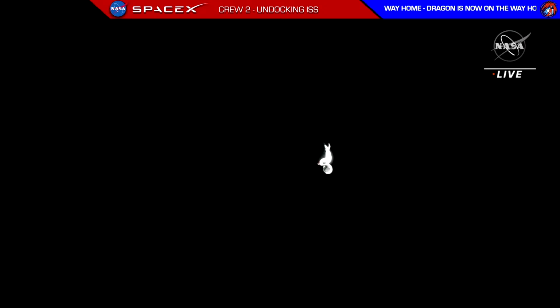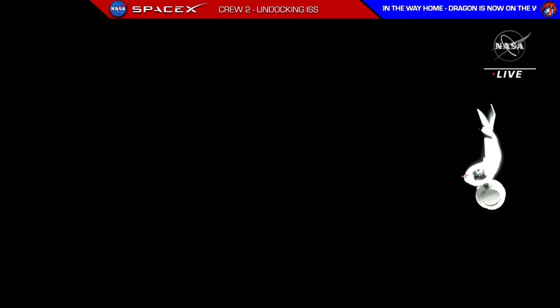It's a very critical burn that'll be that final 16.5-minute burn of the forward Dracos that'll slow Dragon down enough so that it enters the Earth's atmosphere. The Earth's atmosphere doing most of the legwork to slow Dragon down to a reasonable speed. Right now, traveling at about 6...